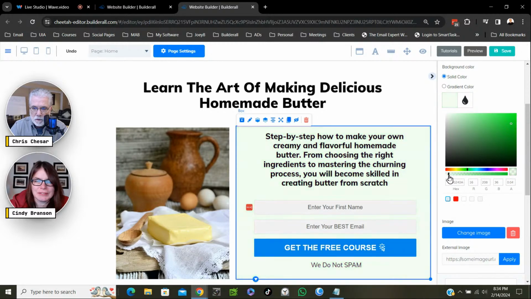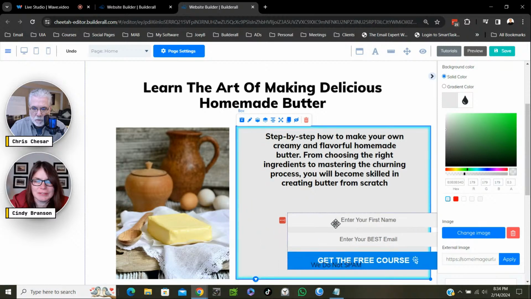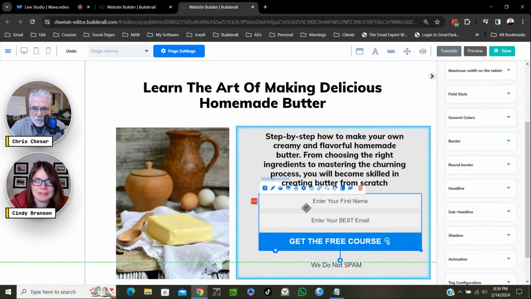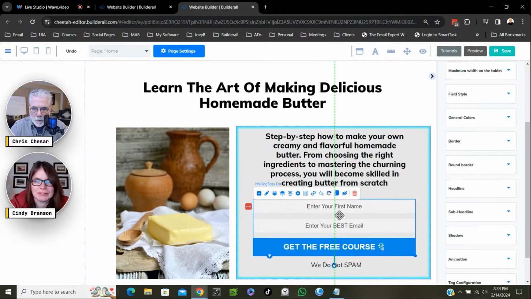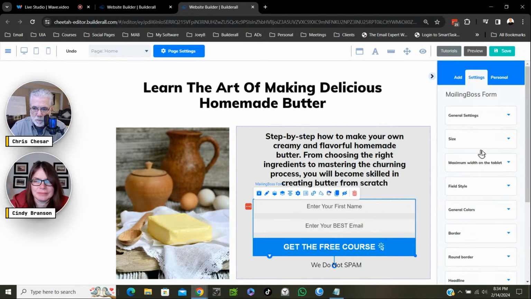So you could change this box any way you want, and if you make it a gray, then you're going to have to mess around with the colors of your form because the background is gray as well. But you're good to go here. Maybe we'll leave it this gray color, and what I'll do is I'll change the Mailing Boss form, and that would be,